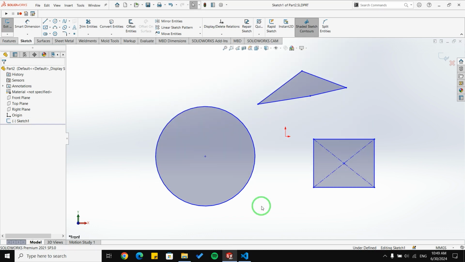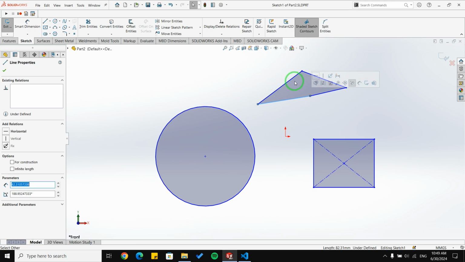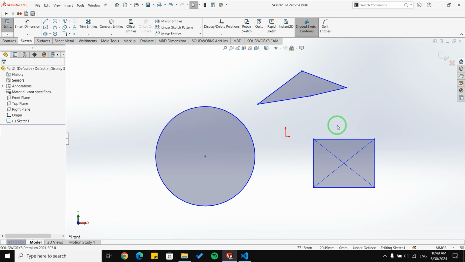Okay, as you can see, I now have different segments under this sketch called Sketch1 in my SolidWorks, and sometimes it's needed to select all of them. For example, now I have 1, 2, 3, 4 lines here, another 4 lines here, and a circle there. So sometimes I need to select all of them, sometimes I just need to know how many segments there are, or sometimes you need to delete all of them or some of them. I mean some of the segments.